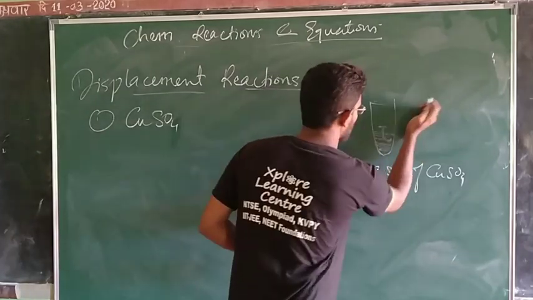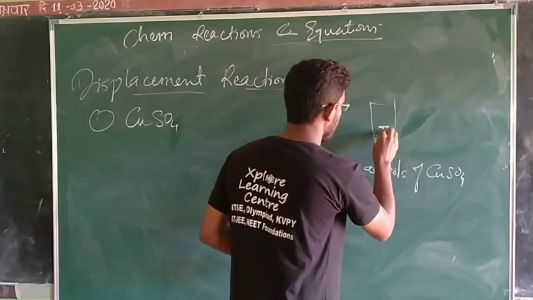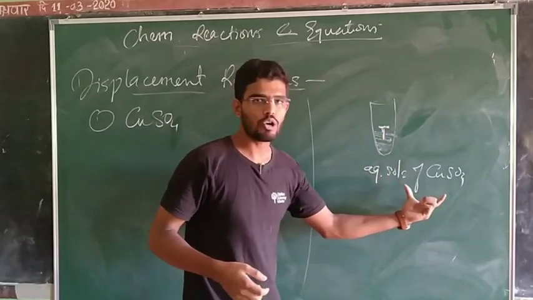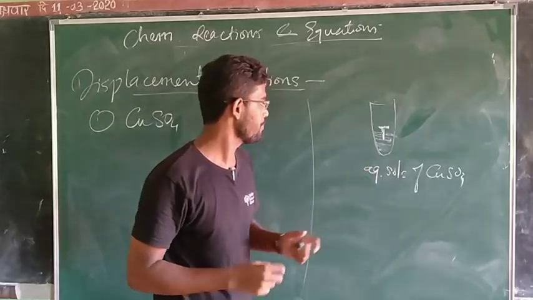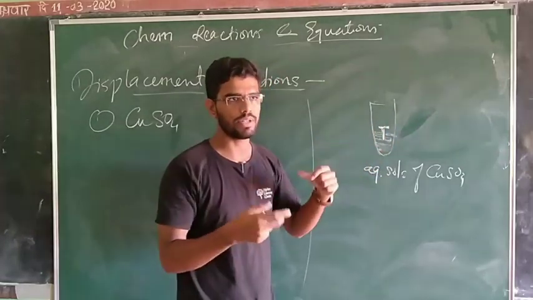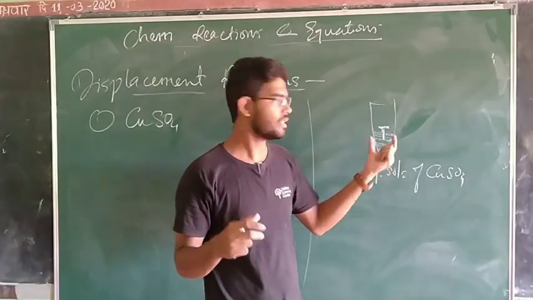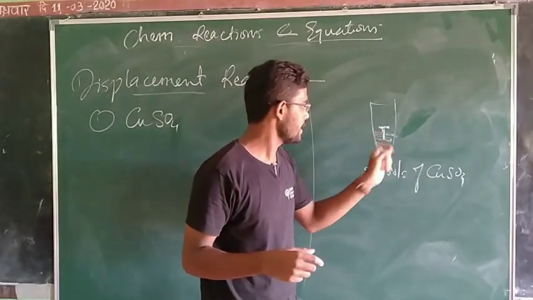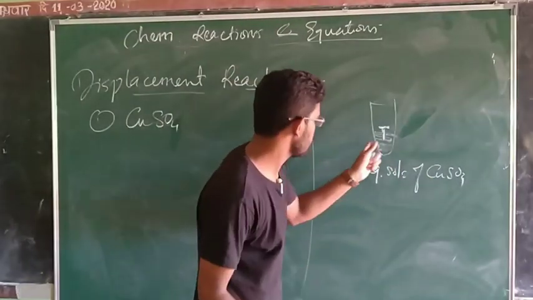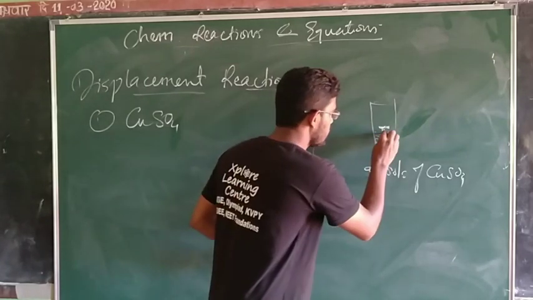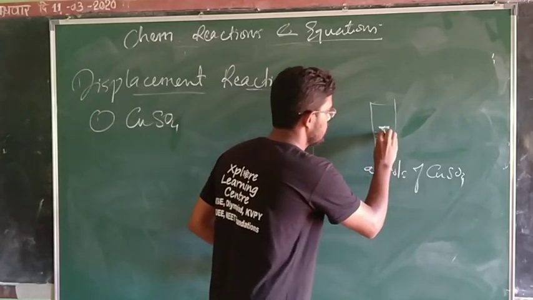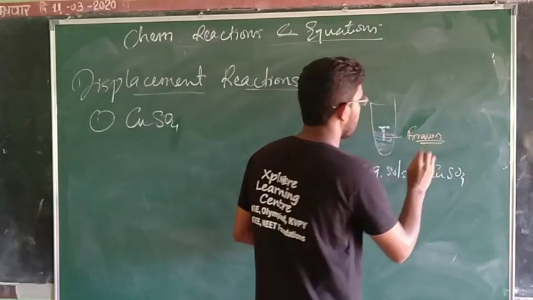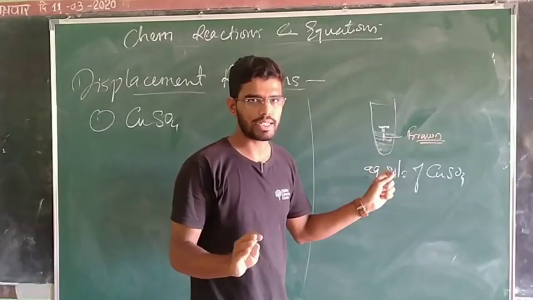We need to dip an iron nail into it, inside this copper sulfate solution, for some time. You know the color of iron, it's silvery in nature, a shining color. After some time, the dipped part of the iron nail, whatever iron we have dipped in the copper sulfate, the color of this part will change into reddish brown in color.